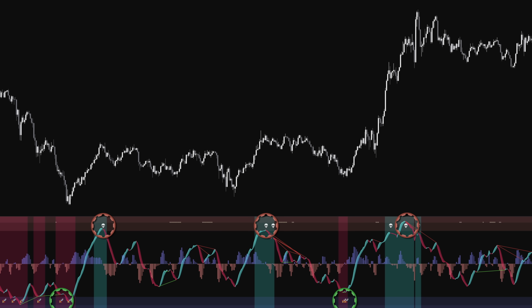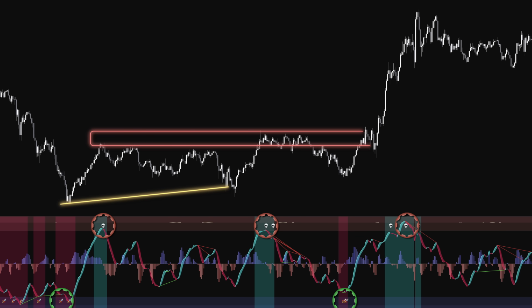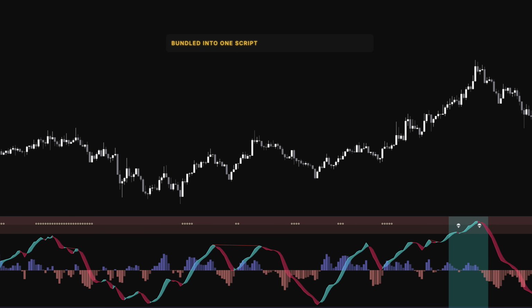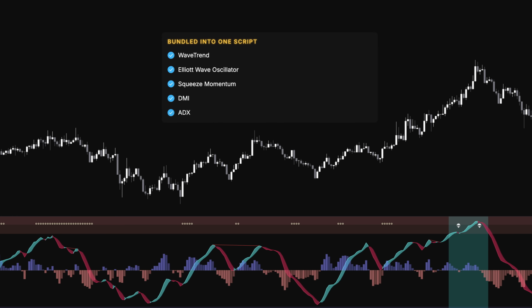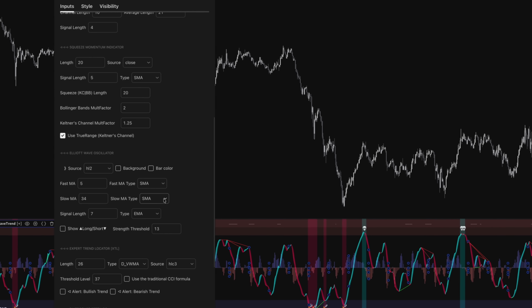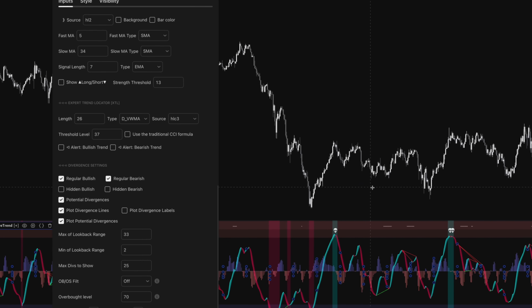The crossover signals tell you momentum is shifting, but without a structure reference or volume context alongside it, you are still making a judgment call on every trade. The feature density is worth flagging. This indicator bundles WaveTrend, Elliott Wave Oscillator, Squeeze Momentum, DMI, ADX, and divergence detection into a single script. The default view is manageable, but a new user could easily overwhelm their chart before they understand what any of